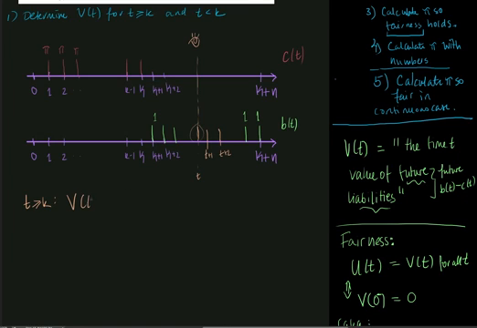So v of t here is equal to, well, let us take a look at the future benefits. The one at time t plus 1 will be discounted 1 period. The one at time t plus 2 will be discounted 2 periods, and 3 periods, and so on, up until we get to this number here, k plus n. So how many periods is that discounted? Well, we can write this as t plus k plus n minus t, right? So this thing here will be discounted k plus n minus t periods,